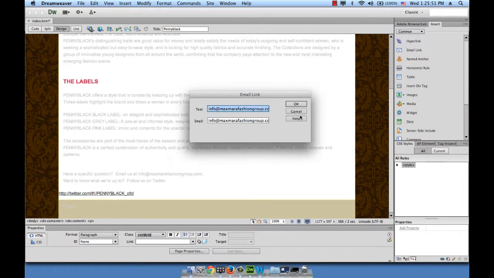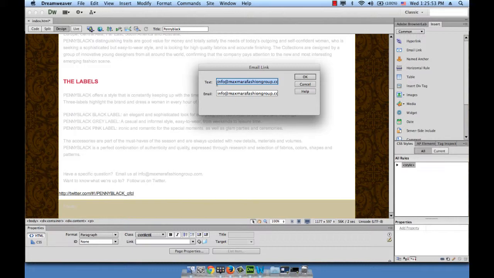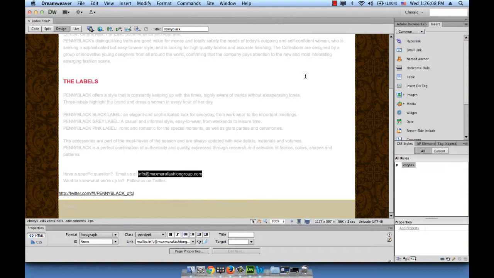Okay, so email is basically the text. What do you want the text to say? Do you want it to say the word email? Do you want it to say the email itself? You can do what you want. In this case, I just want to keep the text and the actual email the same. And then I want to hit OK. Next thing I want to do is